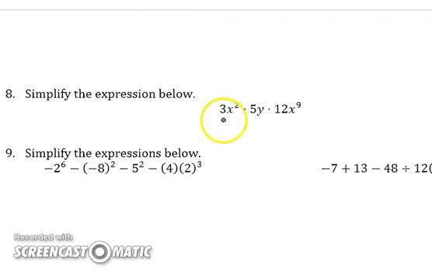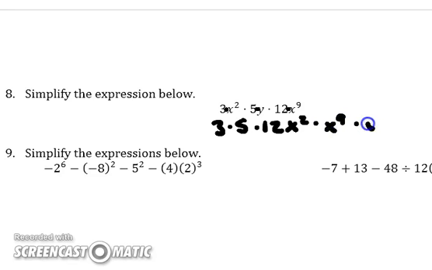And simplifying this exponent, I can rewrite this as, again using the commutative property and the associative property, I can write these in any order that I want. This is all multiplication, 3 times x squared times 5 times y times 12 times x to the 9th. This is x squared. Let me group all my x's together too while I'm at it. There's nothing wrong with that. And then I have a y here. 3 times 5 times 12. That's going to be,